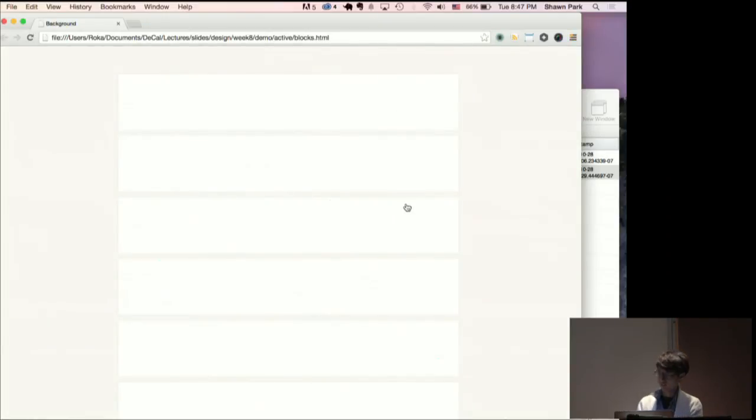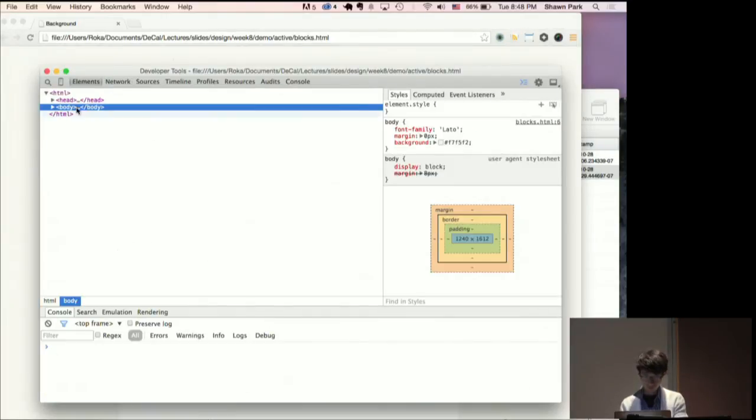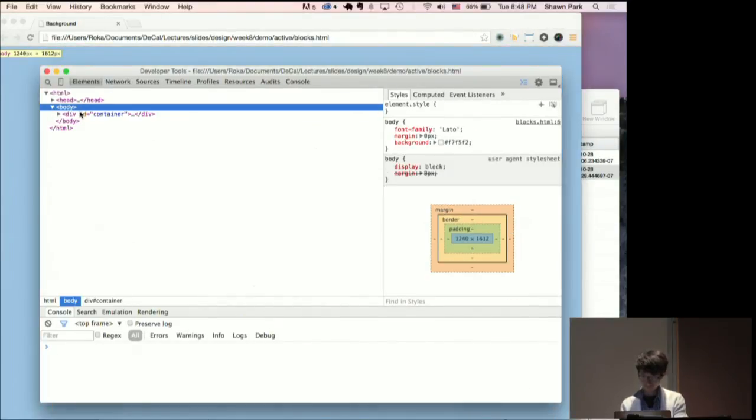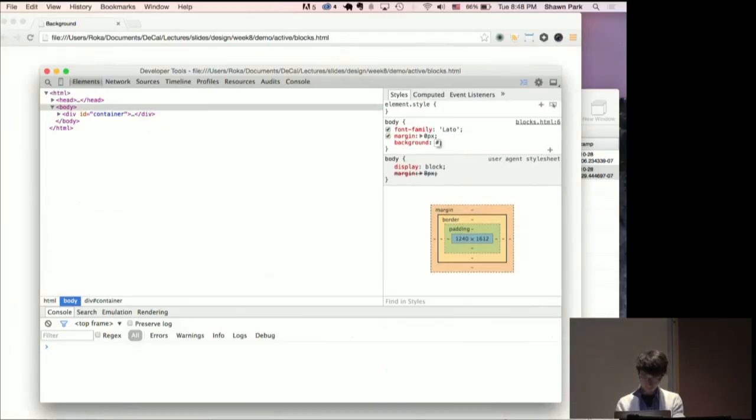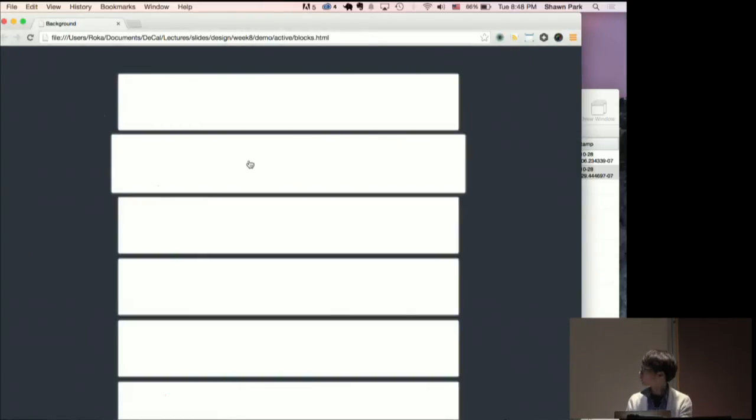So here I have a list of items, and one really good rule of thumb, which is also documented in Google Material Design, is that you want to give users feedback when the user clicks on a button. That may be a change in the color or an increase in the size and so on. So here, what I did was, if I click on it, it expands. I'm not sure if you can see. Let me just change the background a little bit to make it clear. So now if I click on it, it becomes bigger. So this would be good user feedback.